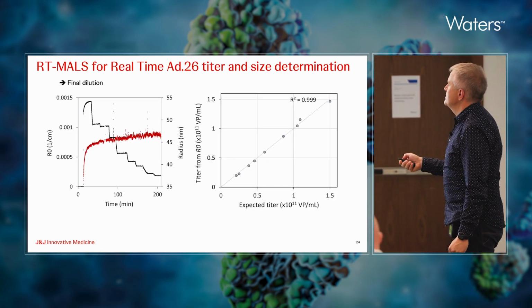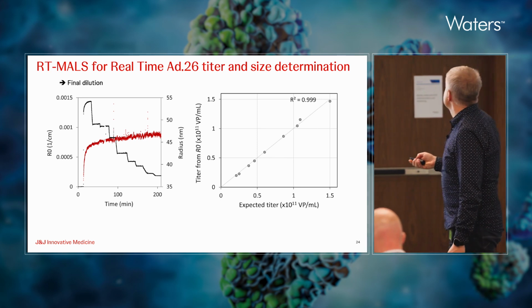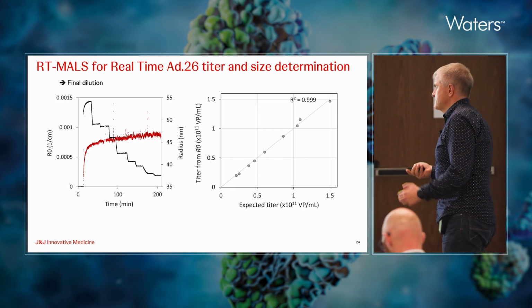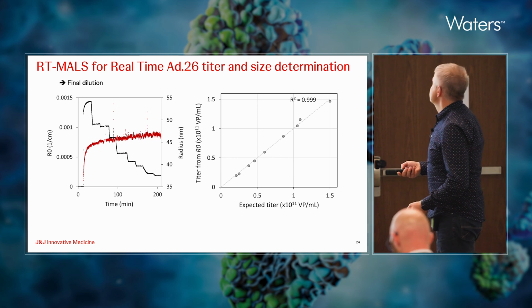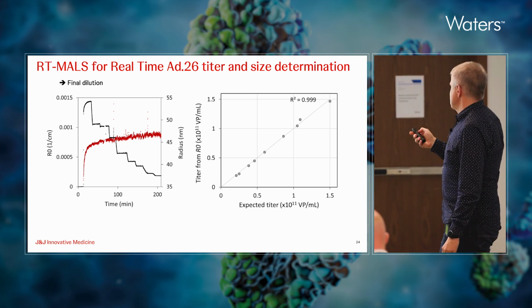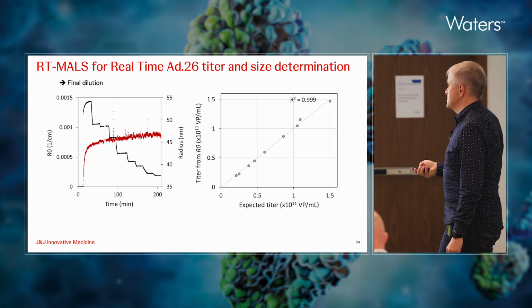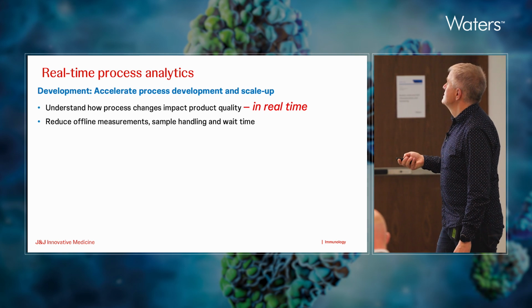However, what we are interested in is the final dilution, not the initial one that we already knew. But even that we can fix by normalizing, because the intensity of scattered light is proportional to the size and number of particles, and you can always find the proper calibration constant. If you use that calibration constant, as you can see, we have linearity for the entire range of concentrations. And this is my summary slide.